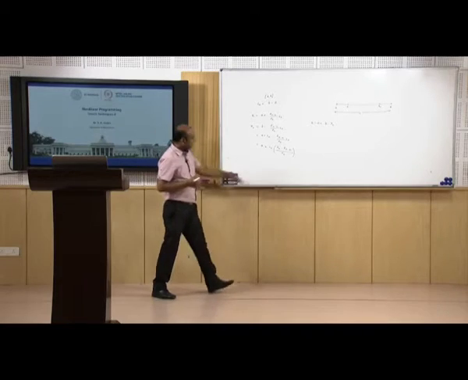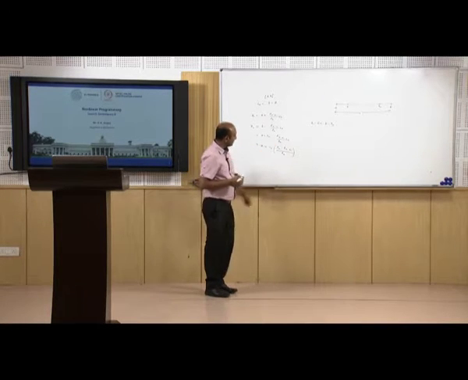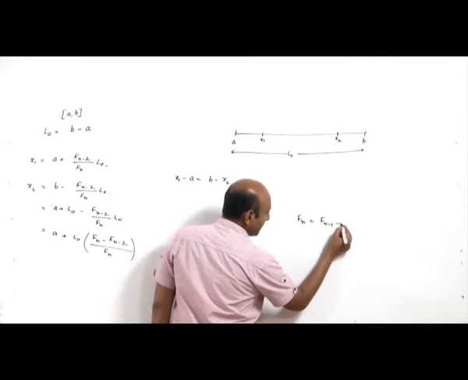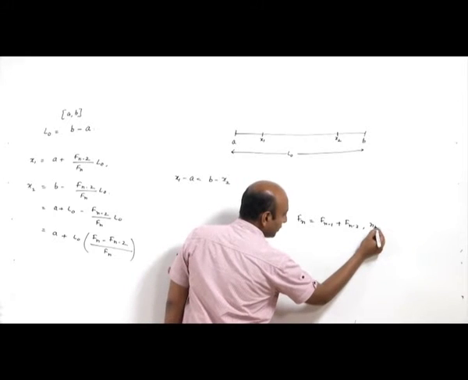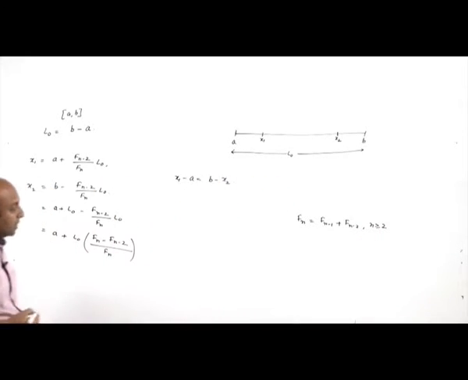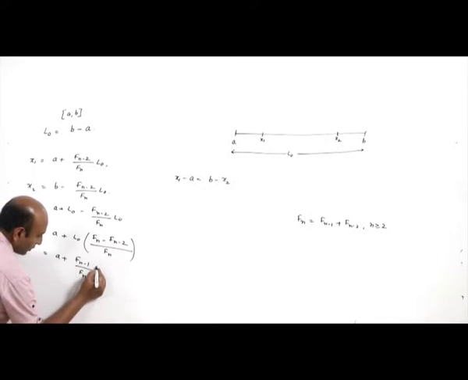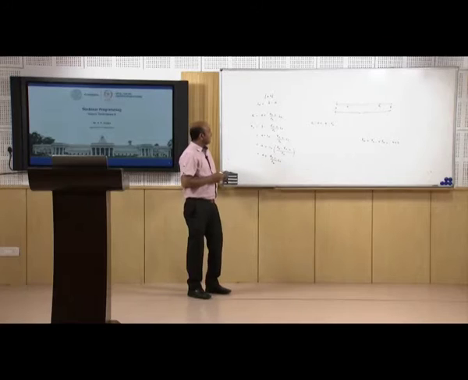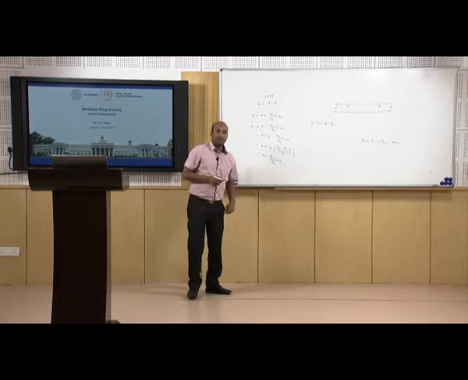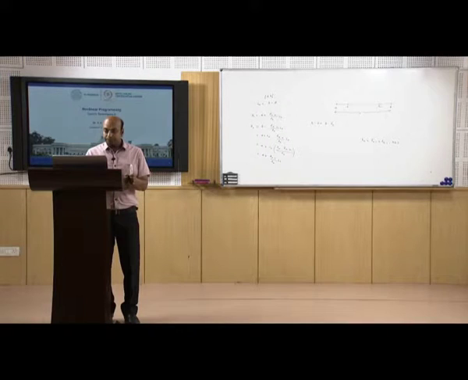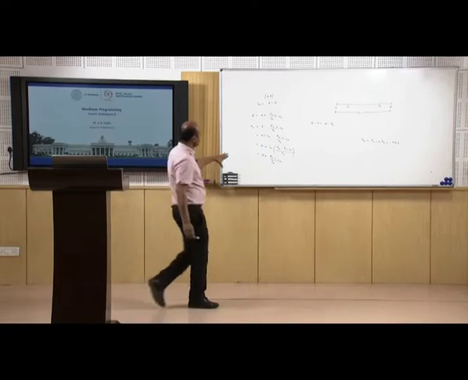Okay. That is from the LCM of these two terms. Now, from the Fibonacci series we know that Fn is simply Fn minus 1 plus Fn minus 2 for n greater than or equal to 2. So, what is Fn minus 2? That will be Fn minus 1 from here. So, it is A plus Fn minus 1 upon Fn into L naught. So, we can also say that x1 is this and x2 is A plus Fn minus 1 upon Fn into L naught. So that is how we will find the 2 experiments.